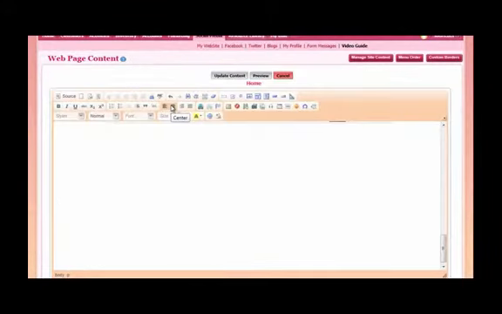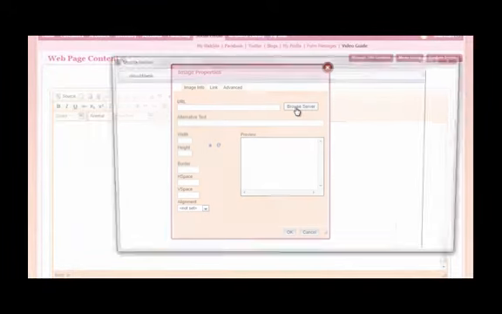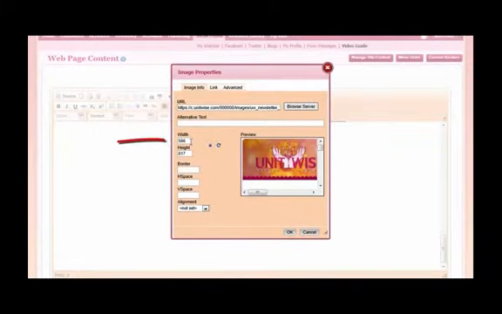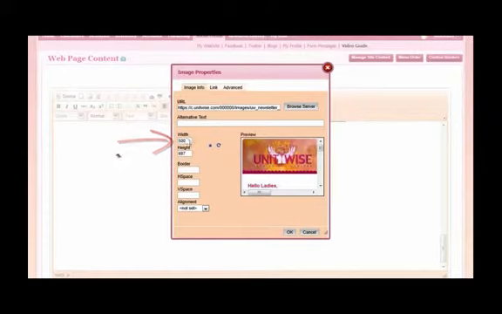For the JPEG file, find a spot on your website and then add the file as an image by selecting the image icon. Then click Browse Server and then select the JPEG file that you just uploaded. The ideal width for an image is 500 pixels, so I'll change this from 586 to 500. And as you'll see, the height was automatically updated so that the proportions will be accurate. And now I'll click OK.